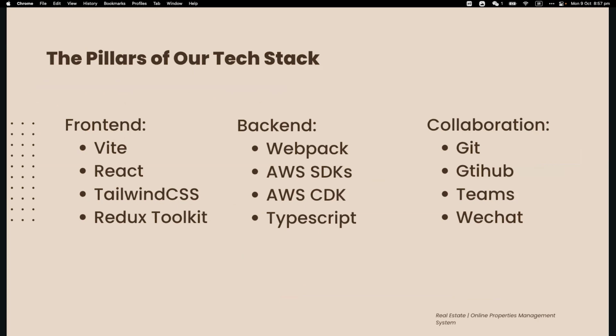Our project is built on powerful core technologies for the front end. We have chosen Vite for efficiency. We use React for component-driven architecture, Tailwind CSS for design flexibility, and also Redux Toolkit for state management. On the backend side, we leverage Webpack for resource bundling, and also the AWS SDK to harness the power of the Amazon Cloud. And the AWS CDK allows us to define and manage those resources